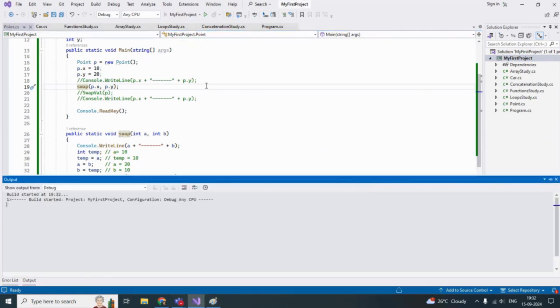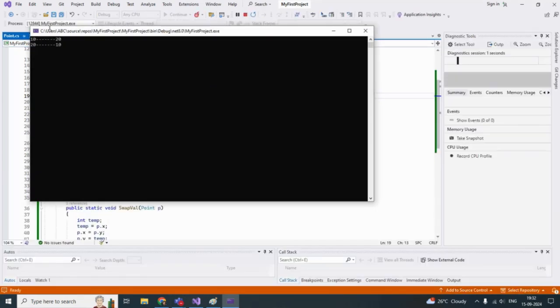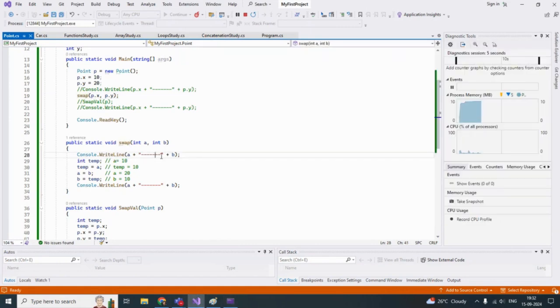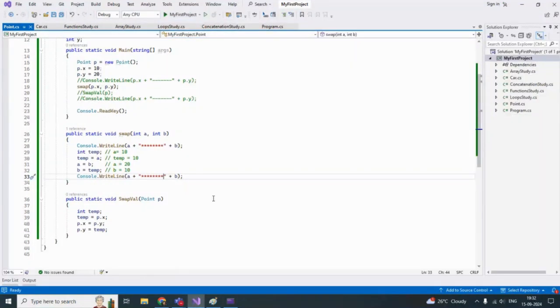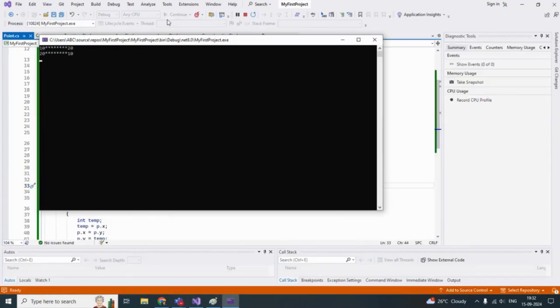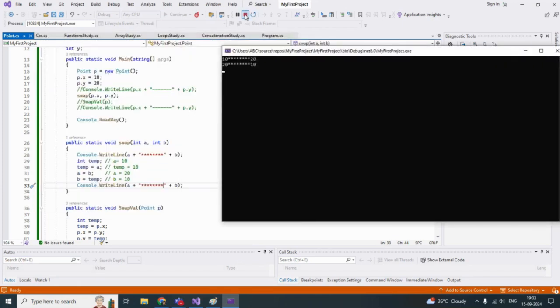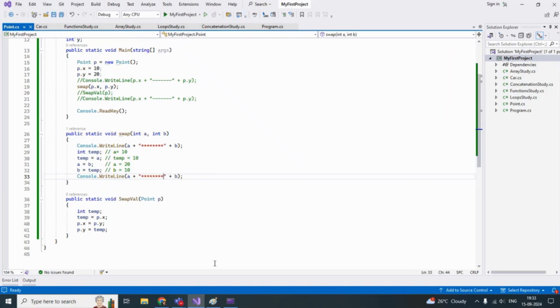Now it is swapping. If you want to check that, declare it with stars and here with stars. You see 10 20 20 10. So my logic is correct, but the thing is when I use this function,